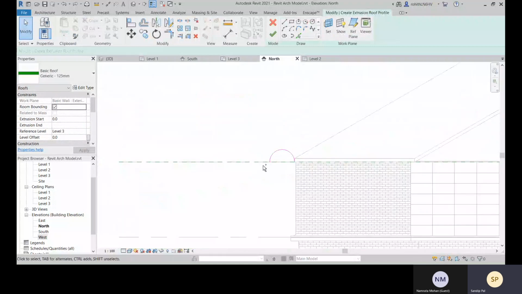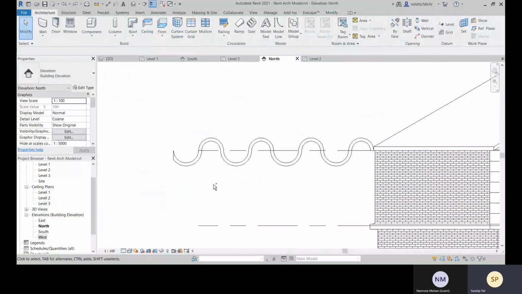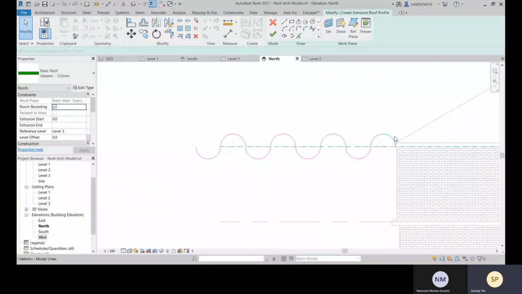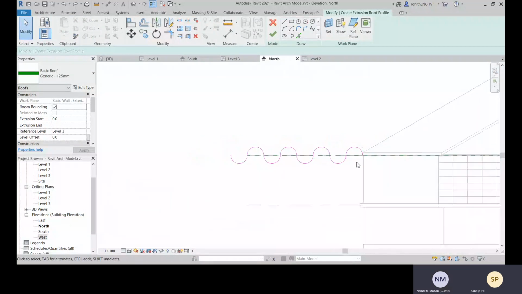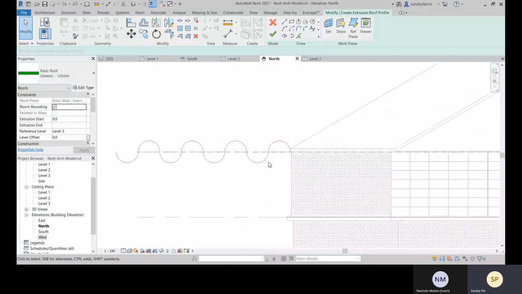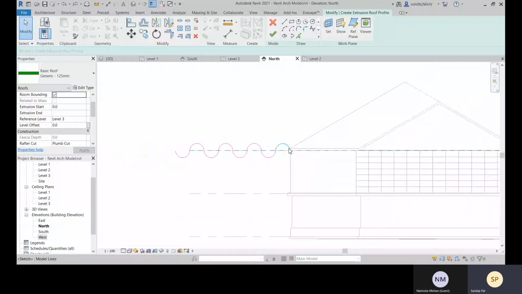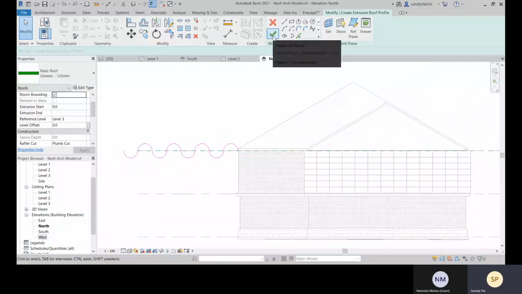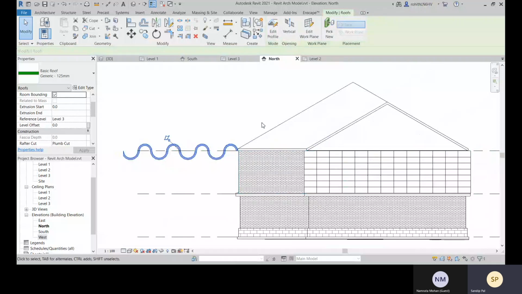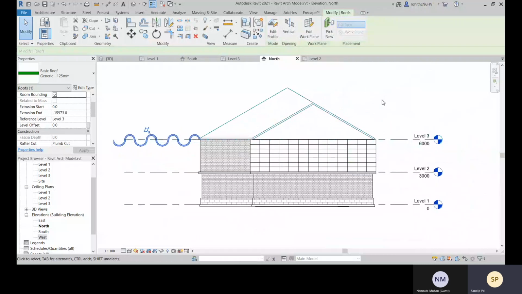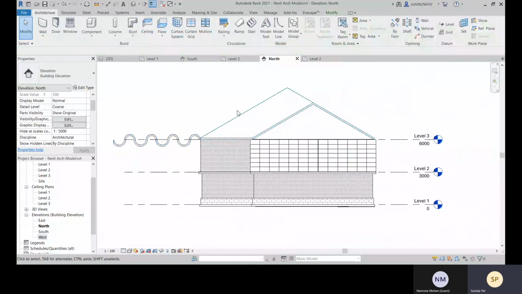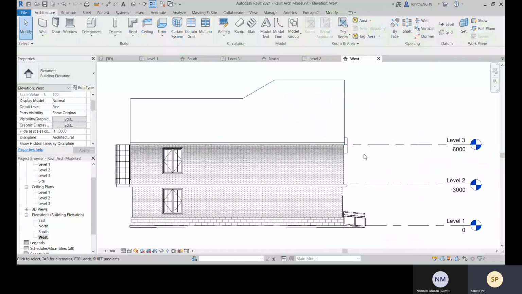So you remember this one that I just created, this profile, and that was not closed. So that's not an issue. I think I'm giving the wrong level offset, so that's why I'm having the problem. So come to this west.